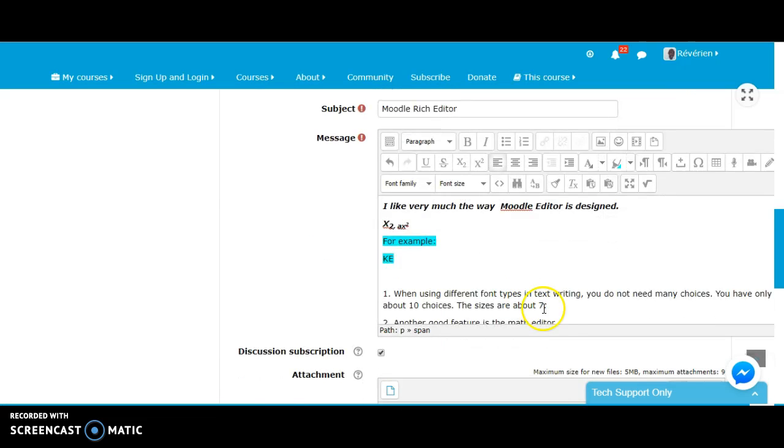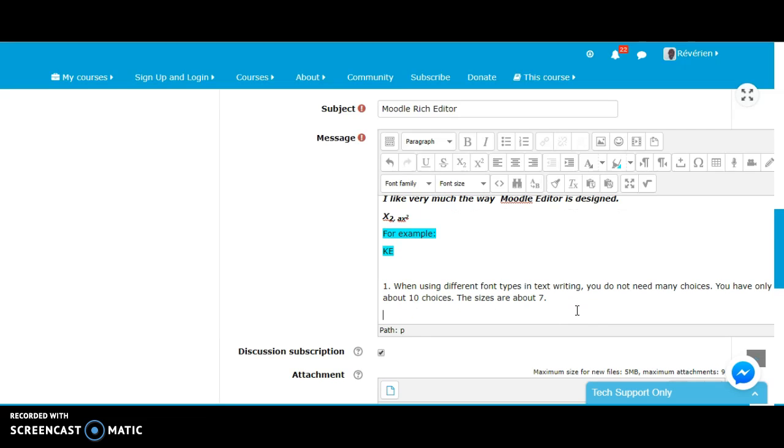Once you want to write a text, for example, you don't have many choices, but you have only 10 choices, and the sizes are about 7. Here about the font, once you want to highlight this one, you will choose a font like this, Arial or Tahoma.